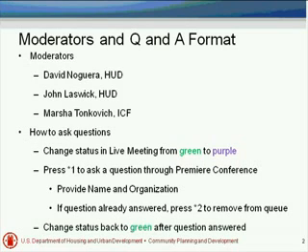Then what we need you to do when you're ready to ask your question is press star 1 on your phone. So the sooner you press star 1, the sooner you will get into the official queue to have the operator call on you. And so you press star 1 on your phone. That will put you in line to ask a question. And the conference operator, whose name is Brandy, will call on us in date or time order. So the first person who pressed star 1 will be asked first,